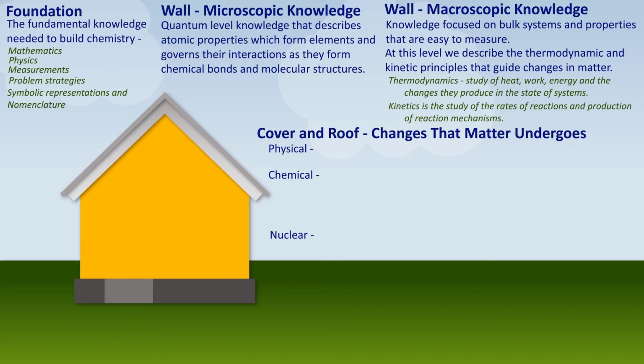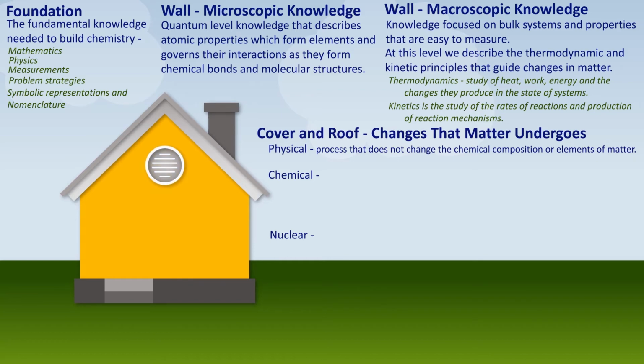We define a physical change as a process that does not change the chemical composition or the elements of the matter. Some examples of these kinds of changes include processes such as tearing or molding a substance, heating or cooling of matter, changes of physical state of matter such as melting or boiling. We also will include dissolving something like salt in water as a physical change, since strong chemical bonds are not formed between the water and the salt elements, and it's easy enough to get the salt back by simply boiling off the water.